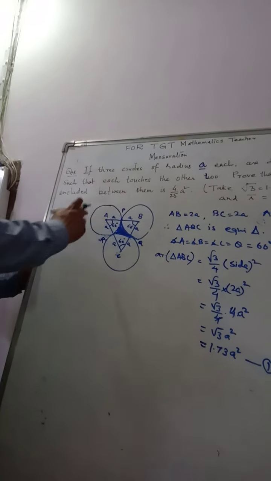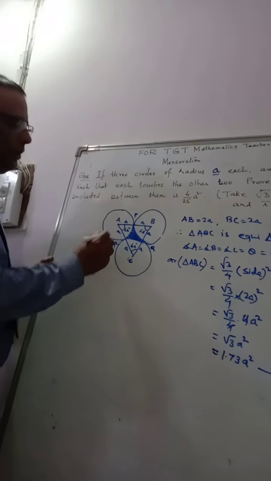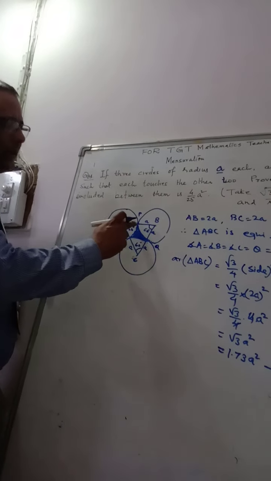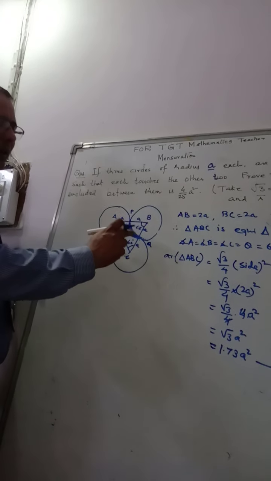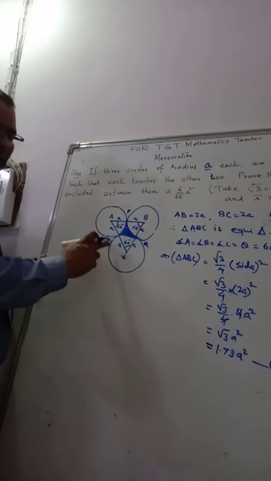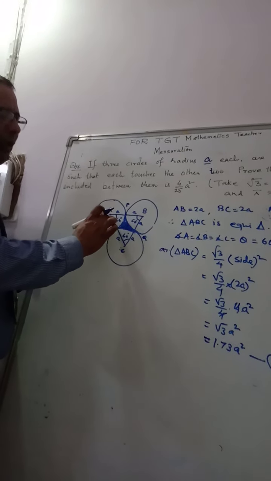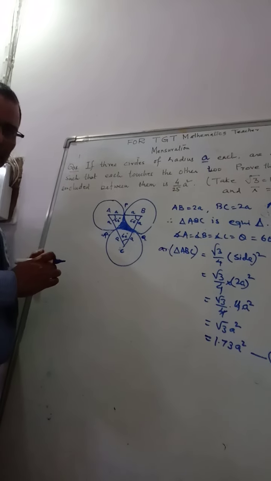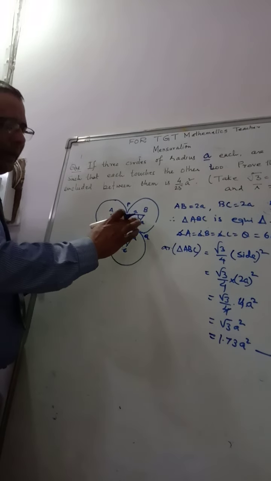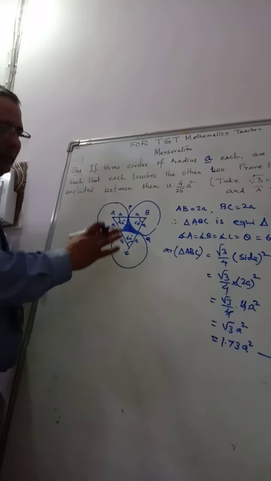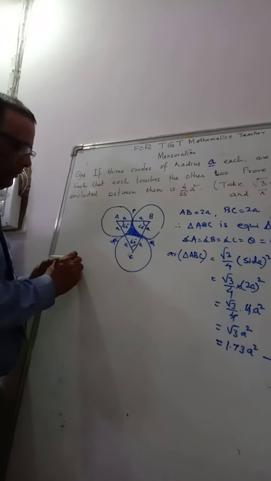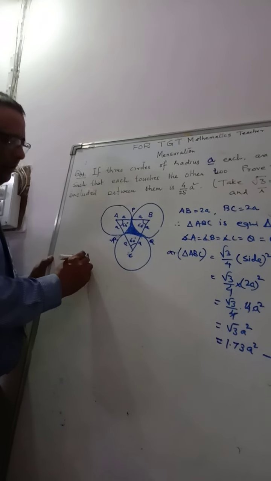This is taken as equation number one, where we have calculated the area of equilateral triangle ABC. Now suppose we are finding the sectors, which are equal. Why? All three circles are congruent because their radii are the same, and now all the sectors also have the same area because their sector angles are the same as well as the radius. So now we are finding the area of a sector.